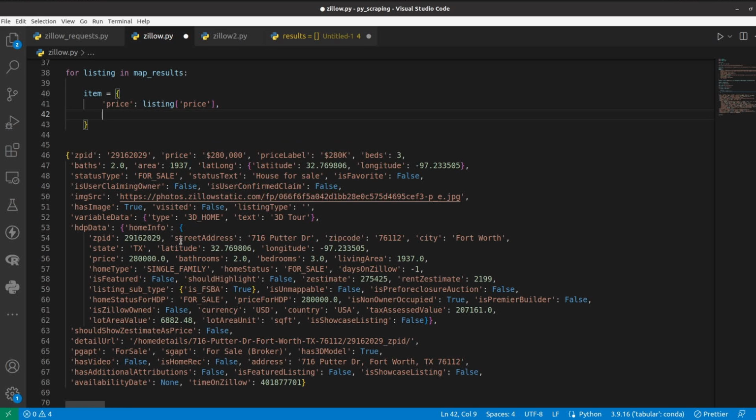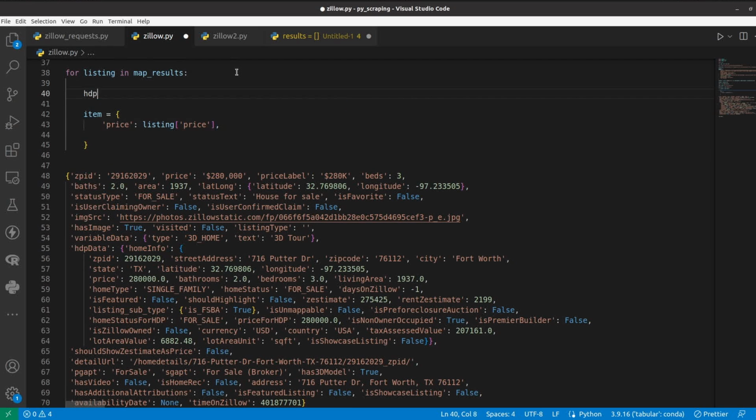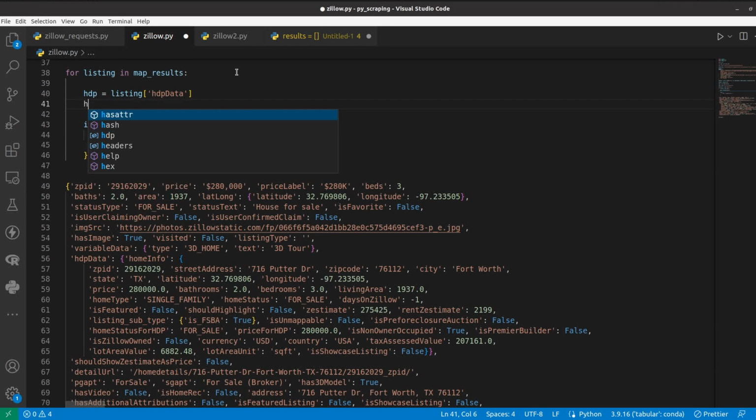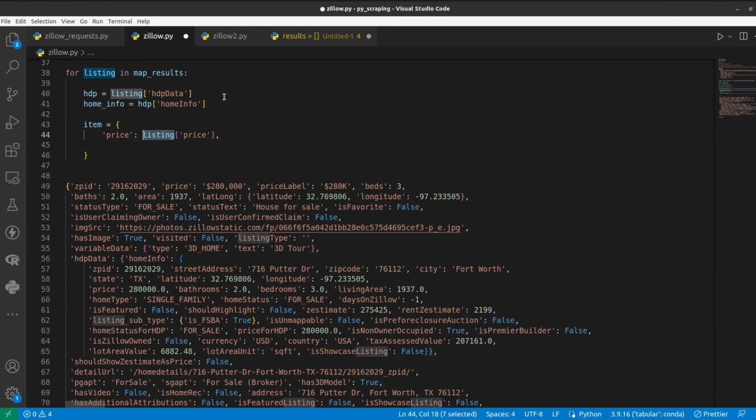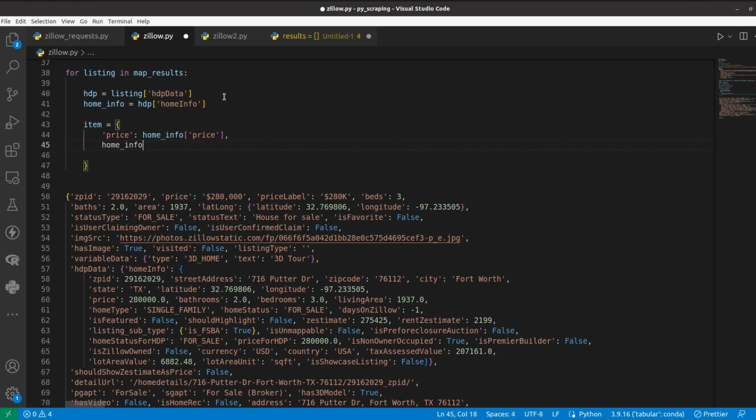Okay, so let's continue. So, okay, actually, this is incorrect because in order to get to the price, I need to go through these two levels. So first I'm going to get this HTTP object. So listing, and then we go down one more. So home info, right? Home info. HTTP. Okay, so now I can go here, change this. Okay, what else do I need to